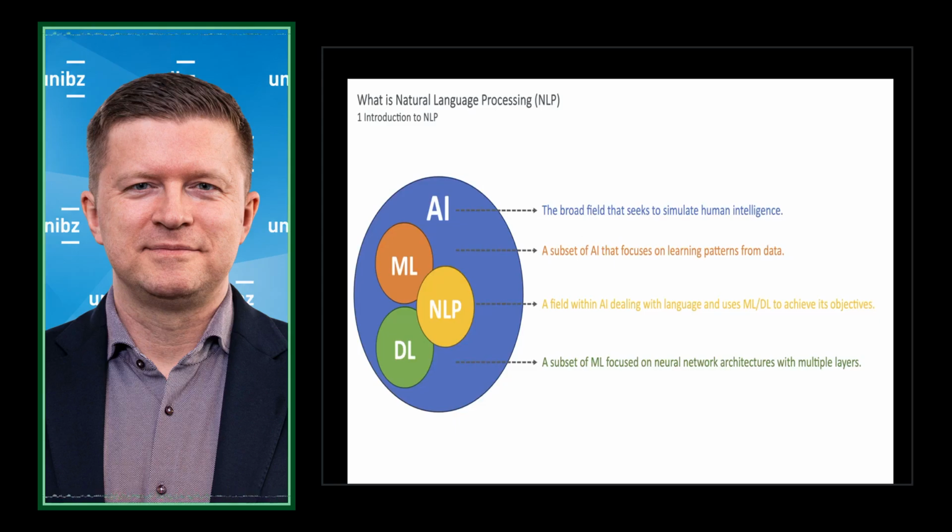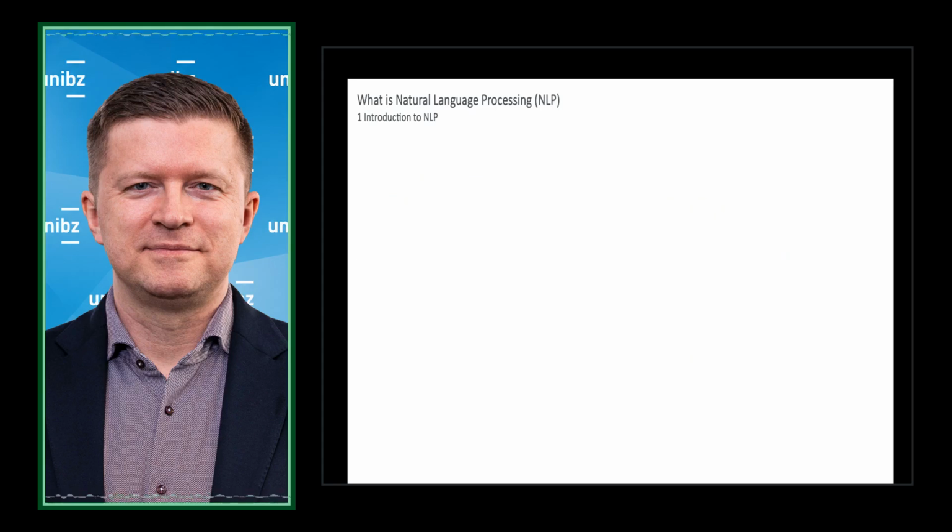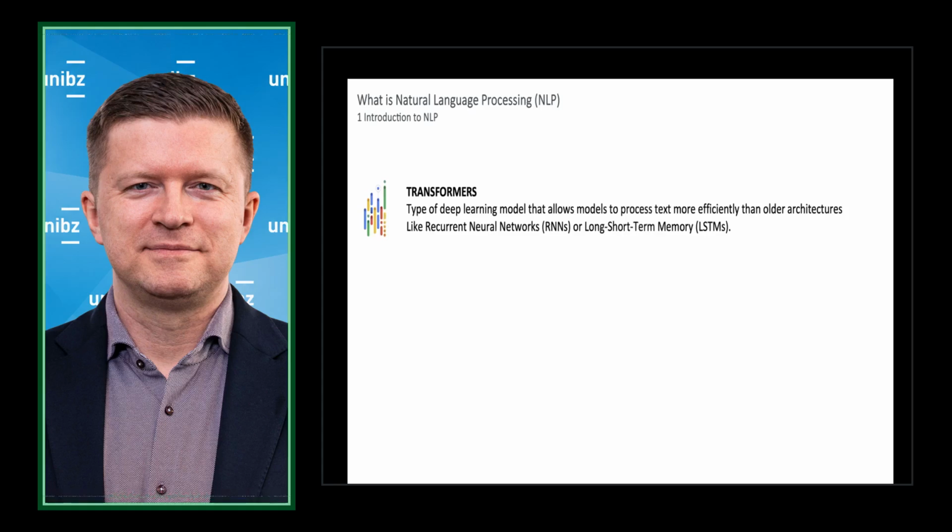Don't worry too much. I realized I just mentioned two concepts that are probably not already familiar to you. The first one I said was transformers. Transformers, I don't know if you heard that already, are a special deep learning model that allows models to process text way more efficiently than older architectures. And when I talk about older architectures, I mean, for example, recurrent neural networks, short RNNs, or long short-term memory, LSTMs. These were the old architectures, which were fine, but transformers are way more efficient and were a kind of breakthrough in the last years.